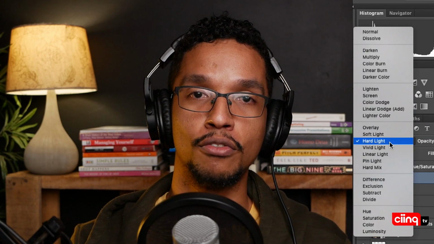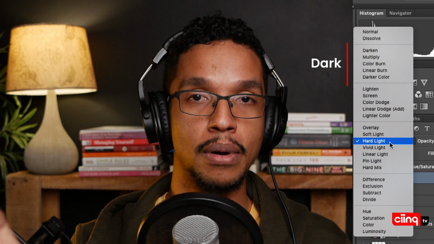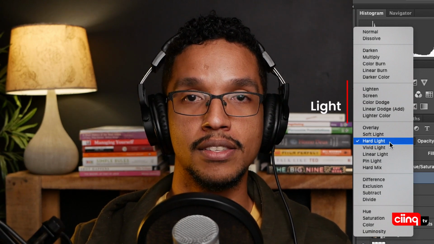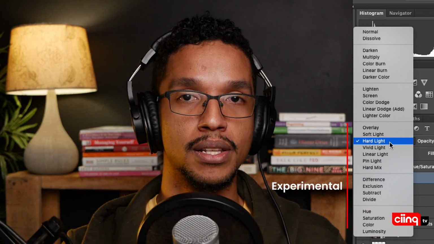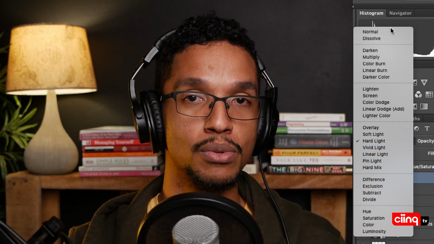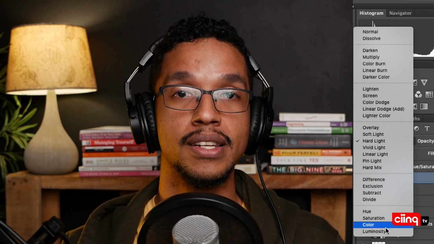In Photoshop, there are a bunch of different blending modes and blending options that are presented to you. These are split into categories of blending based on the dark parts of an image, blending based on the light parts of an image, and blending based on the experimental parts of an image. Now, you don't need to memorize what each one of those does, but just understand that Photoshop and all photo